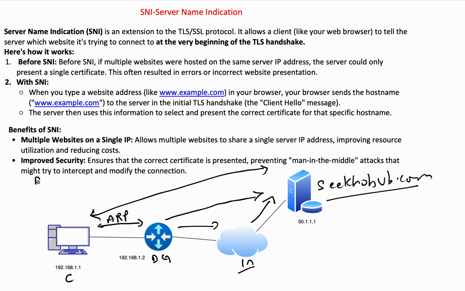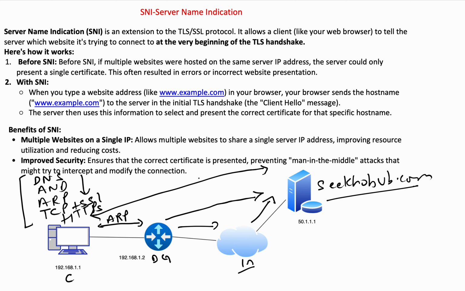Plus, initially there will be a DNS process that happens. You have an ARP process, and then once you reach the server, you do a TCP plus SSL, and then via HTTP or HTTPS, basically HTTPS because we have mentioned SSL, you fetch data from the server, right? This is the process that happens in the backend, and this would be the hierarchy. So that is how in this sequence it will happen. So now,